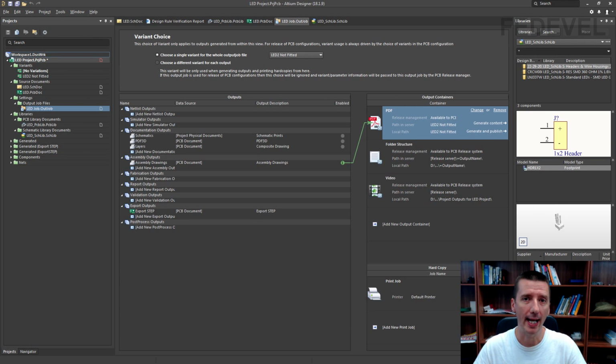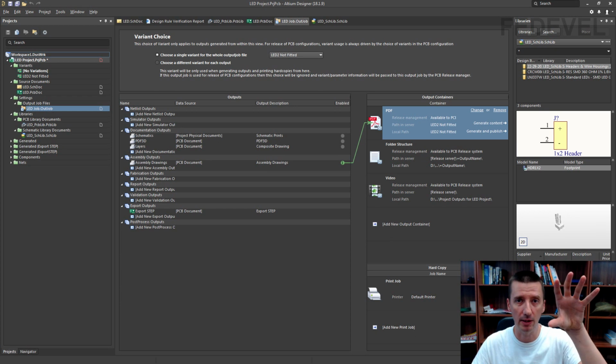There is also a different way how you can show assembly drawings of your board, and this different method is to create a Draftsman document. In a Draftsman document, one of the things you can show is, for example, the assembly top and assembly bottom drawing of your board, and you can also include different kinds of information in this document. In this video, I would like to give a very simple example of how you can create assembly drawings in Draftsman.